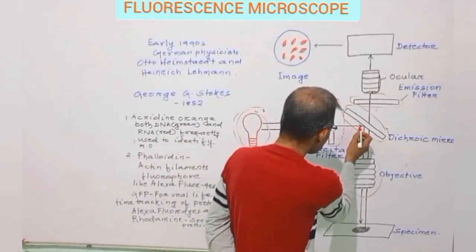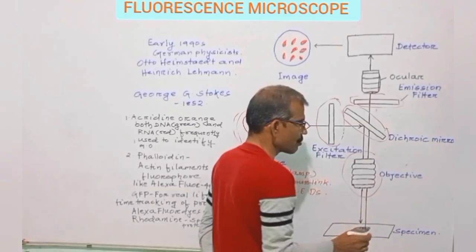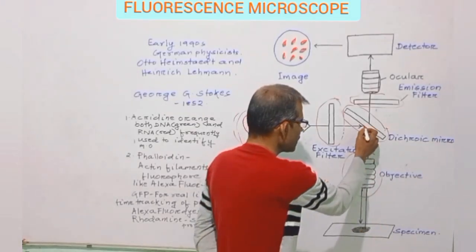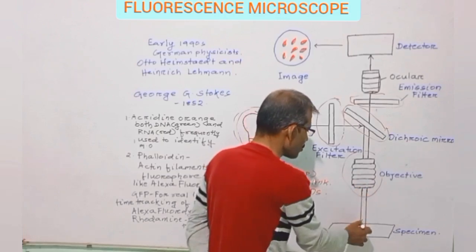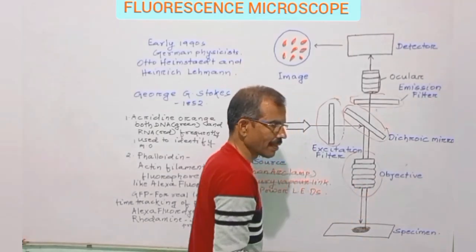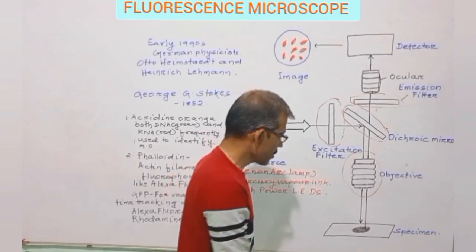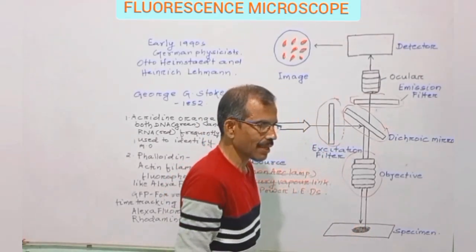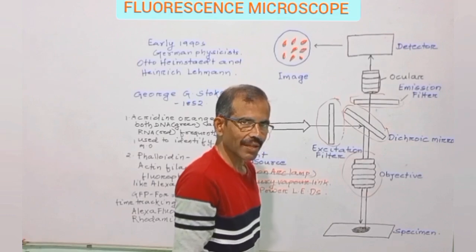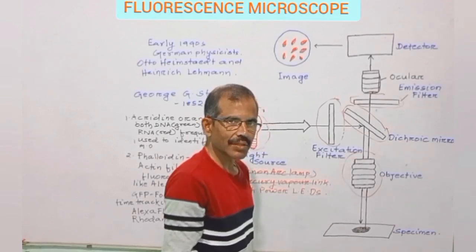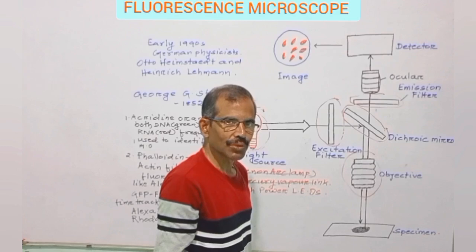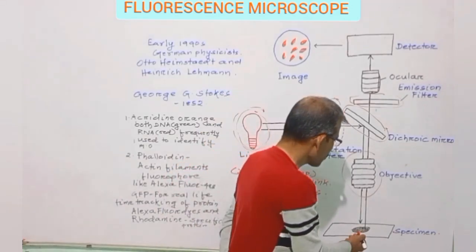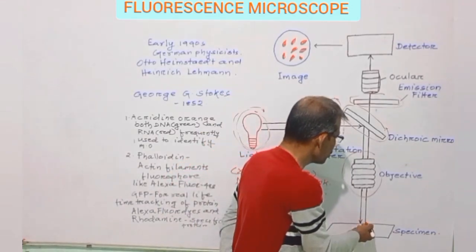The short wavelength light then falls on a dichroic mirror from which it is reflected down and passes through the objective and is then focused onto the specimen. The fluorophore with which the specimen is labeled absorbs the short wavelength light. As a result, the electrons are boosted to a high energy level. When these unstable high energy electrons return to the ground state, light of long wavelength is released,